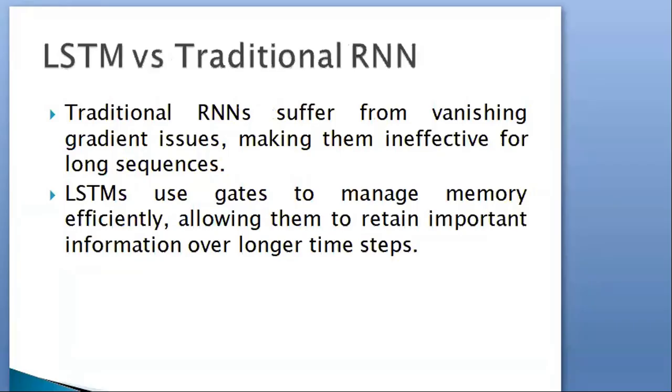now how is this LSTM different from the traditional RNN? So basically, the traditional RNN, like the vanilla RNN, has a problem. The main problem is the vanishing gradient issue. It means that when the accuracy is going to increase, it might be possible that at that time the data loss is also done, making them ineffective for long sequences. But the LSTM uses gates, so it manages the memory very efficiently, allowing it to retain important information over longer time steps. Okay,